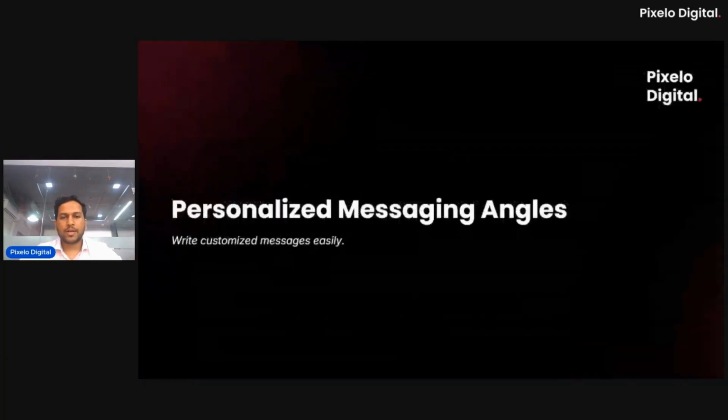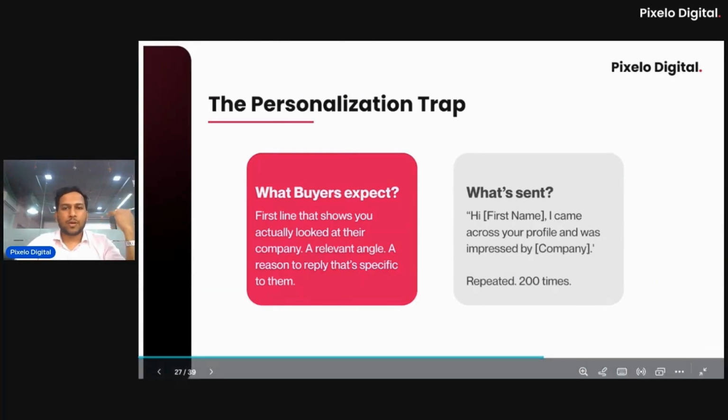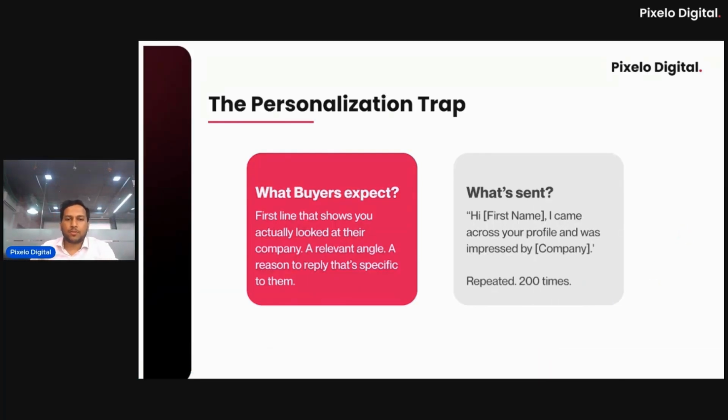So third is personalized messaging. Previously what we used to do, we used to use custom variables, like company names. So this is something like that, right? And there is a personalization trap we have noticed. Before, we used to do personalization with 3 degree levels of personalization. What we have noticed is that